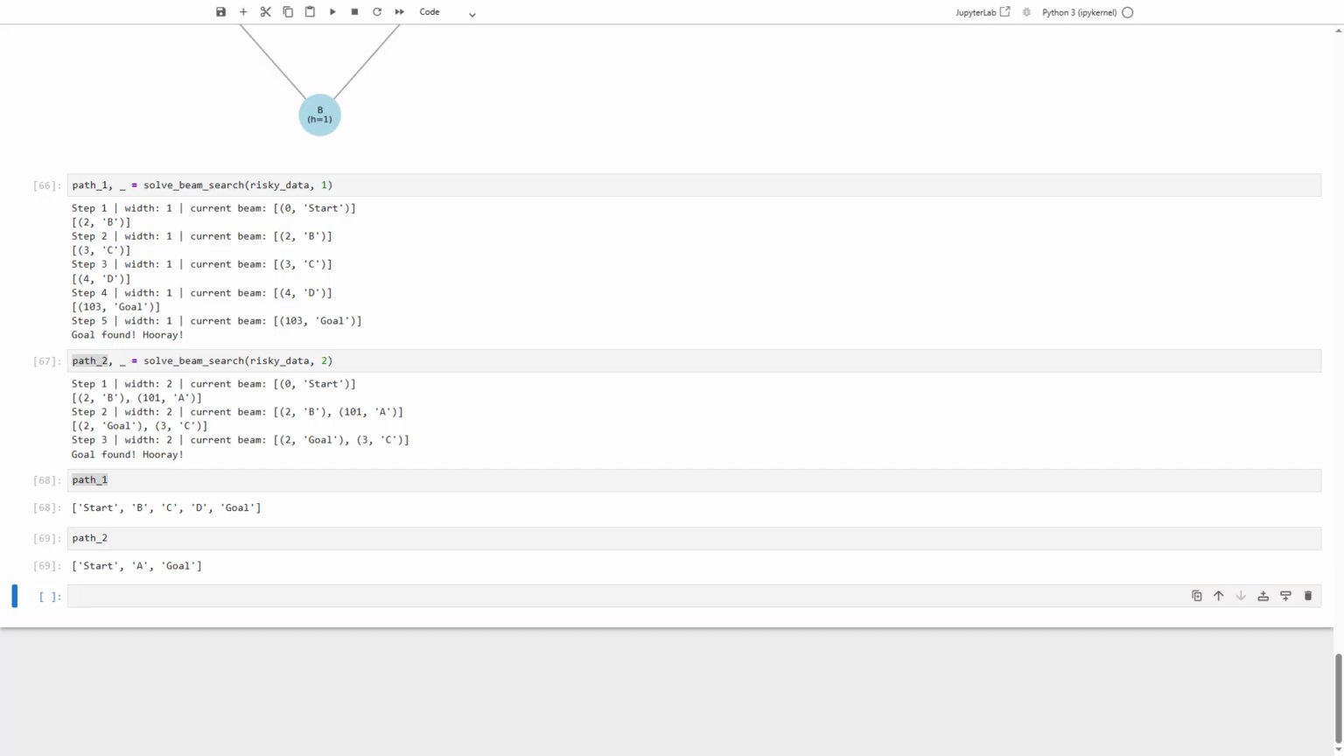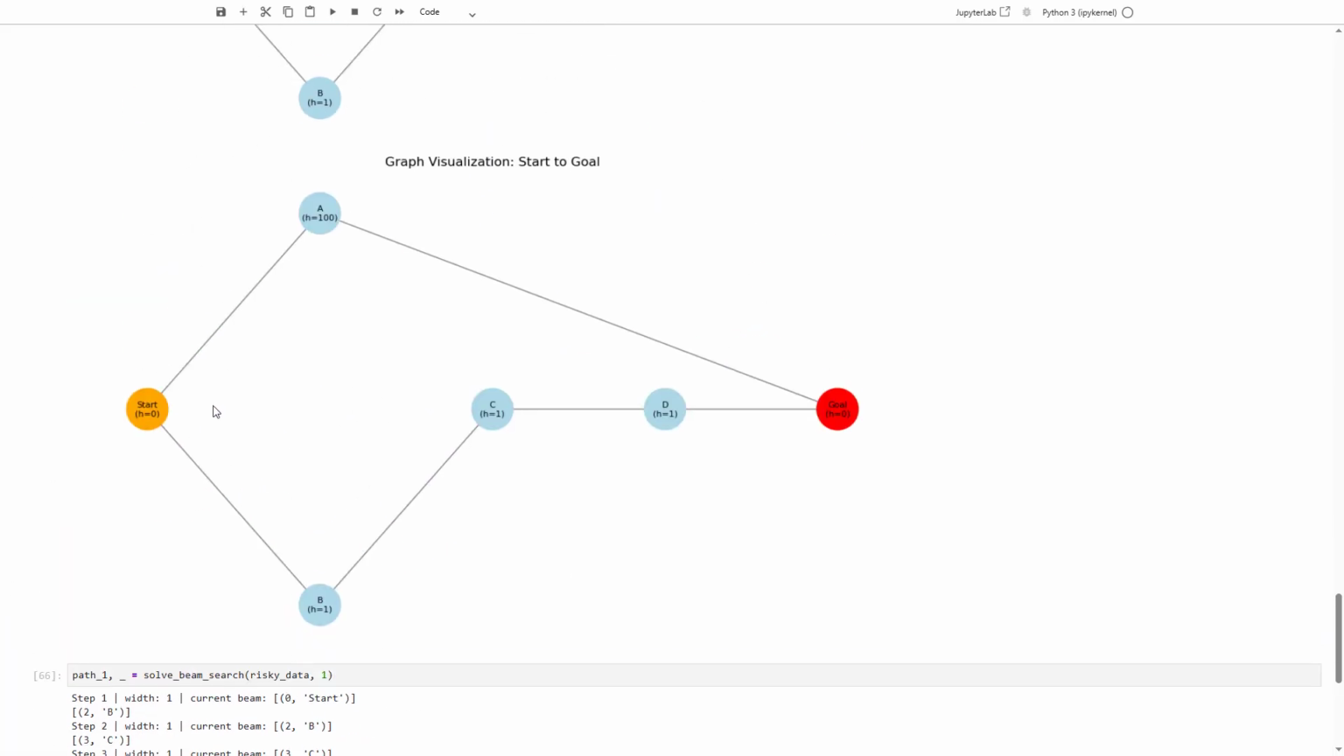With 1, the algorithm starts at start. Then it sees A with heuristics 100 and B with heuristics 1. It sorts them. B is actually better, so it deletes A. It moves down to the B path, so to say. It eventually hits the goal,